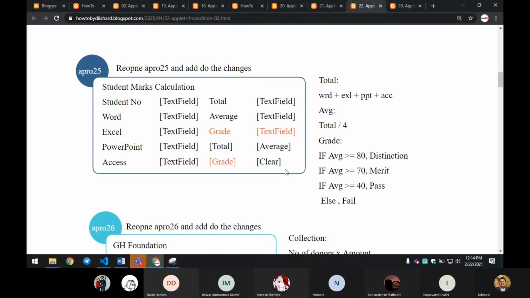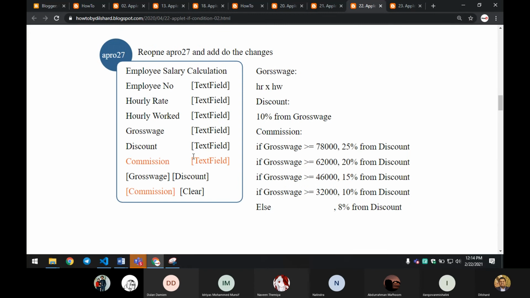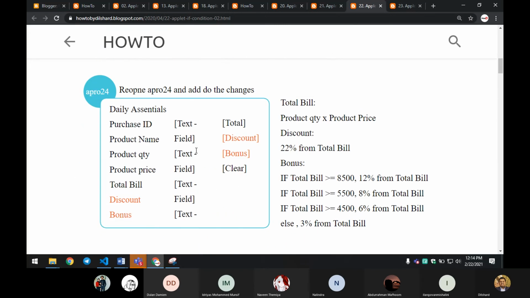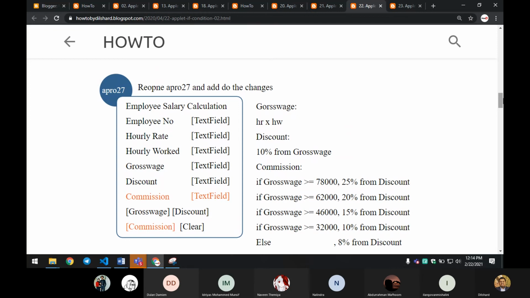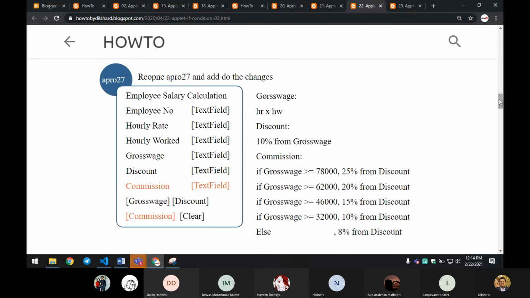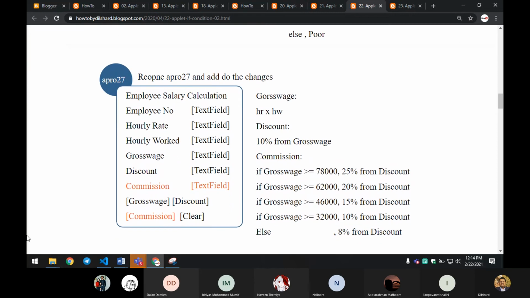Only the codes are here, and we'll try this too. Can we try one which is having an if condition? Maybe it is 27, right? So if you can try 27, that means you are capable of doing some advanced projects too, right? So you're okay with all the variables and other stuff.